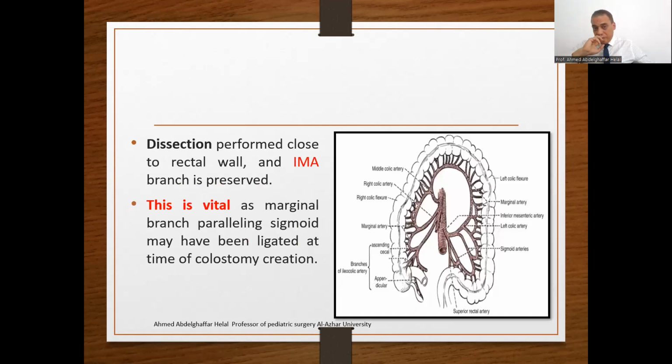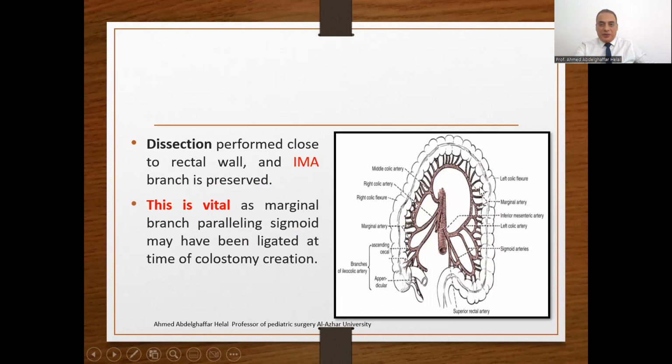It is very important that dissection is performed close to the rectal wall and that the inferior mesenteric artery is preserved. This is the inferior mesenteric, and these are the marginal vessels connecting to supply the colon. What's the problem? During creation of the colostomy, for example, here where the colostomy will be performed, these marginal vessels